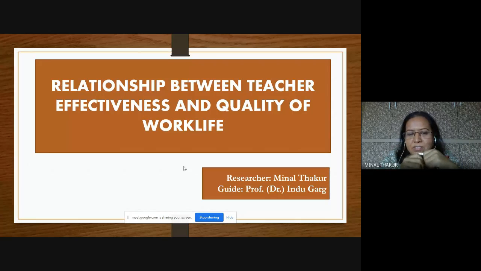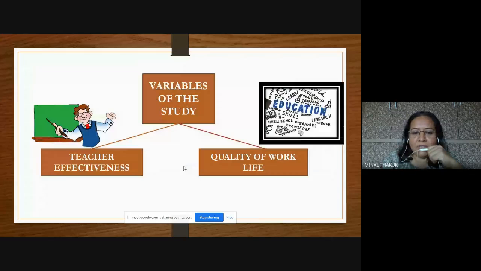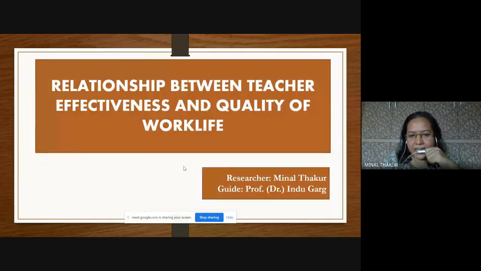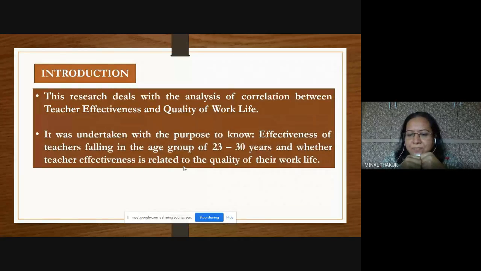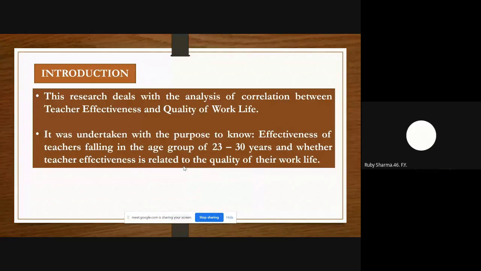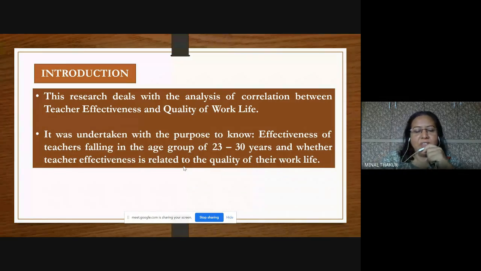Now, my second question, what do you think is quality of work life? Can we have that slide again? Yeah, quality of work life. What is the meaning of quality of work life? Any general notion, anything that you know about quality of work life? What is work life? The professional life. Yes, very good. The professional life. Okay. So we are going to talk about the professional life and the quality of your professional life.